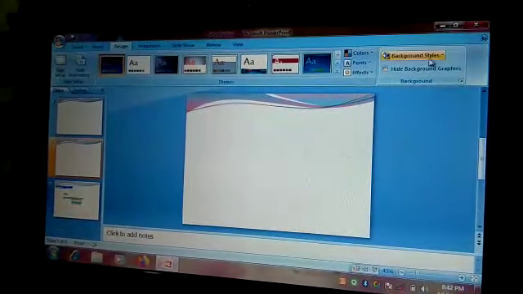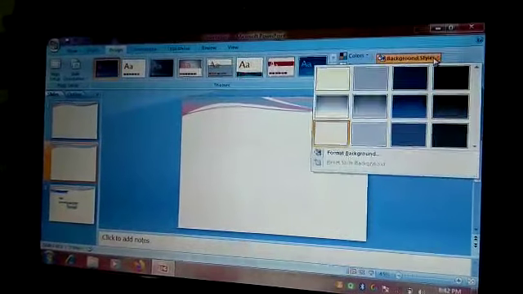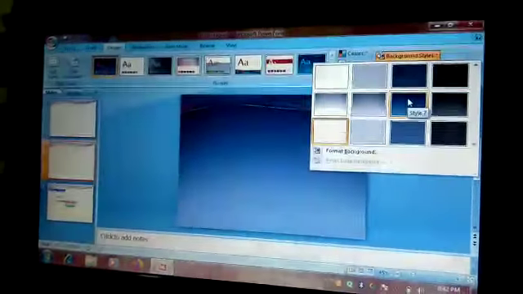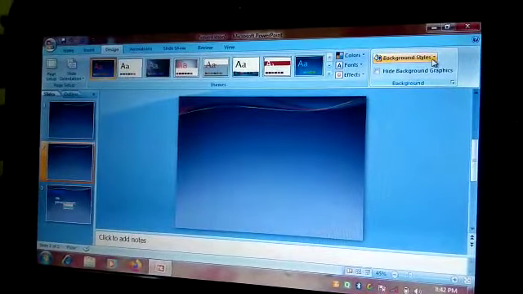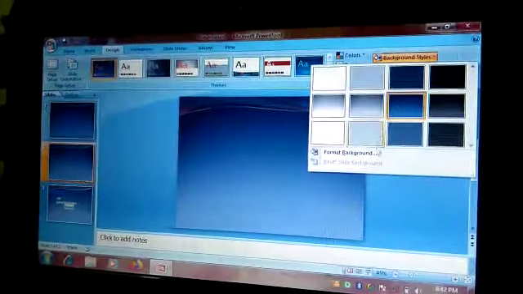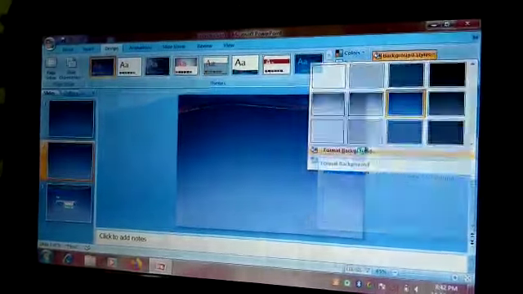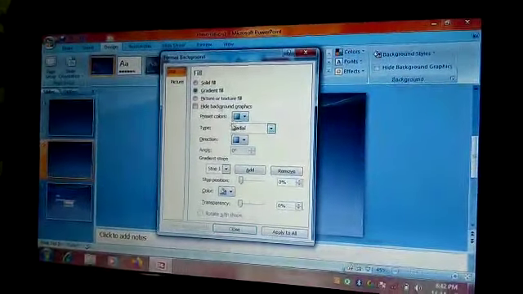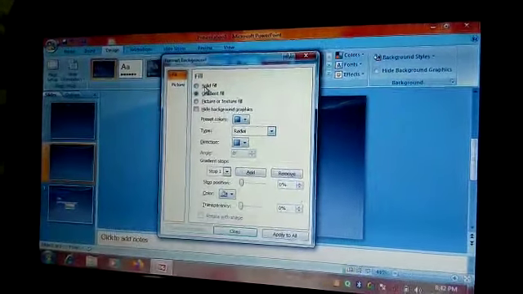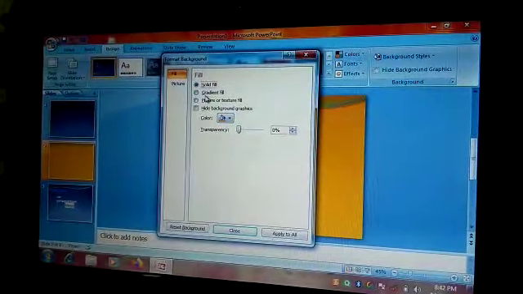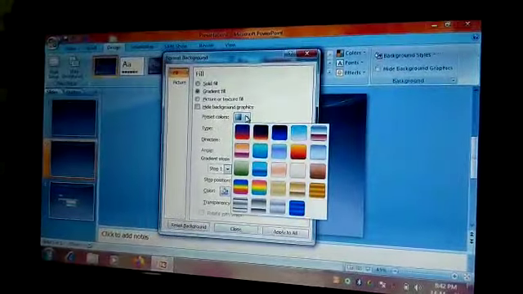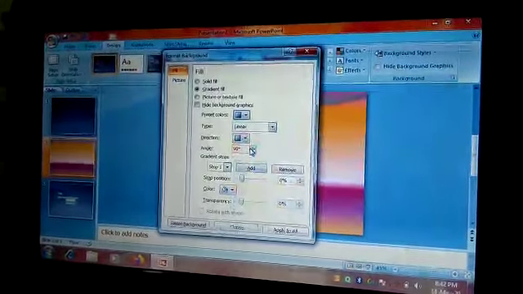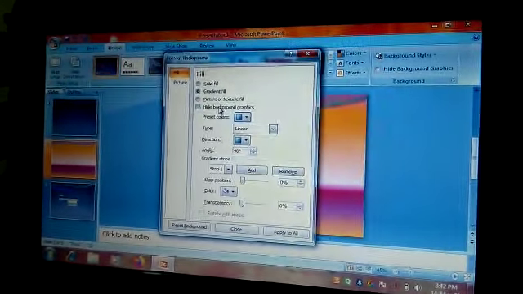On this slide, suppose I want to go for background styles. This is the background style I can apply on these slides. This can be applied to all slides or a single slide as per your choice. Besides this, in format background, another option I am having here, you have so many options over here. Solid fill, and a single color gradient fill. It will show you like this. Preset colors are also here. This vast range of options is present over here.